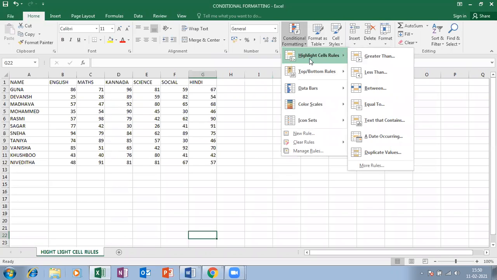We are going to highlight the cells based on a rule or a condition, which we will continue in our next class. Because it's a big concept, we are going to start that in our next session. Is that clear for everyone? Please confirm whether everything I have covered in today's session is clear, so that we can move to the next topic in our next class.